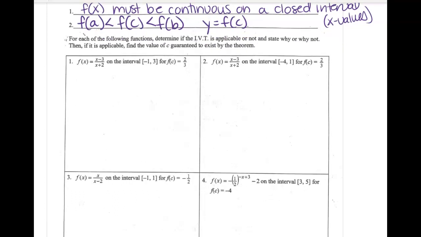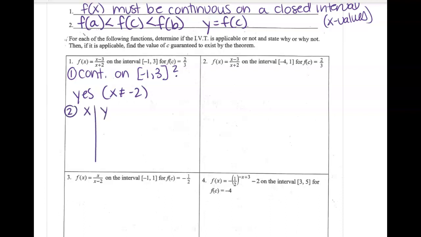So if we look at the first one here, first question, is it continuous on the interval from negative 1 to 3? Well, it's only discontinuous when x equals negative 2, when the denominator would be 0. So yes, it's continuous. X can't be negative 2, but that's not even on that interval, so we don't care. Second piece,